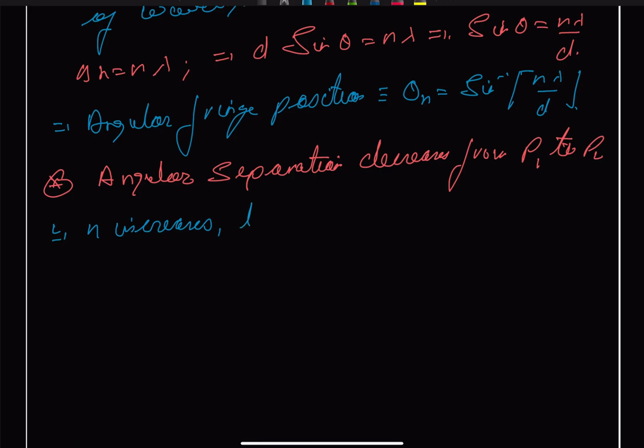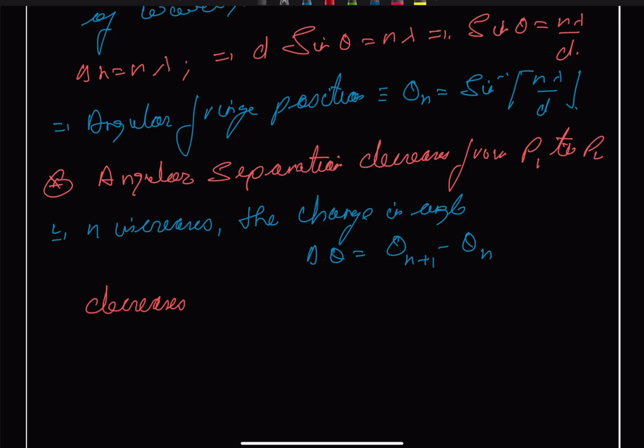The change in angle, that is delta theta, will be equal to theta n plus 1 minus theta n, and it decreases because of the sine inverse function,